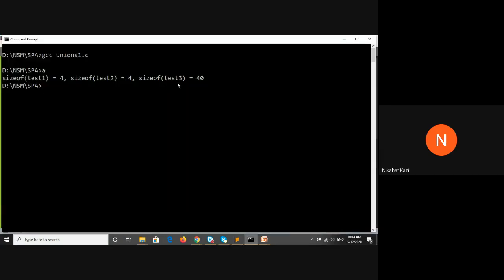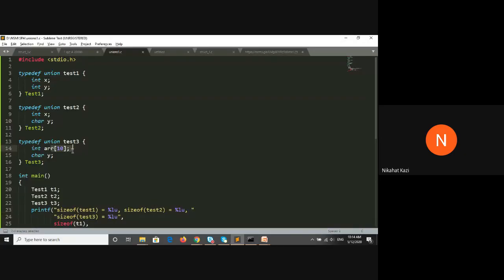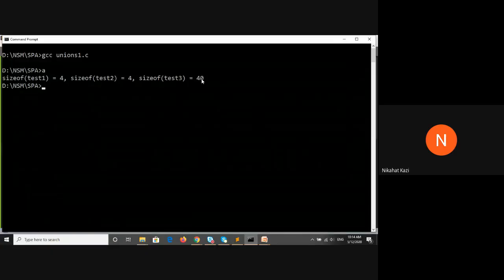And size of test3 will be the size of the array because this is the larger of the two again. So 4 into 10, right? 4 bytes for each int multiplied by 10 array locations. So 4 tens are 40. So the size of the third variable t3 is 40. That is how the size is allocated.